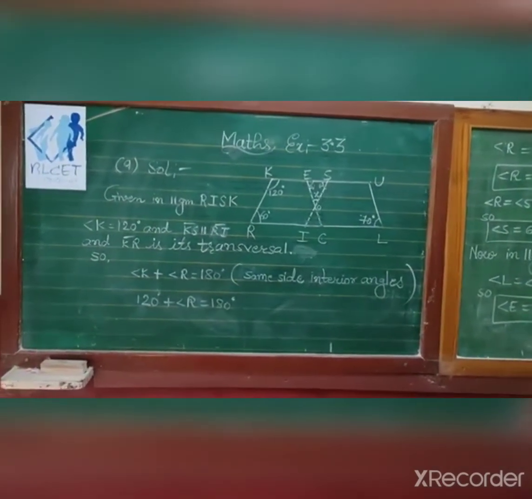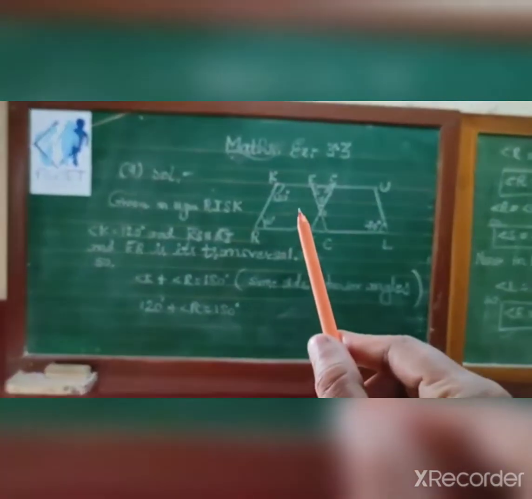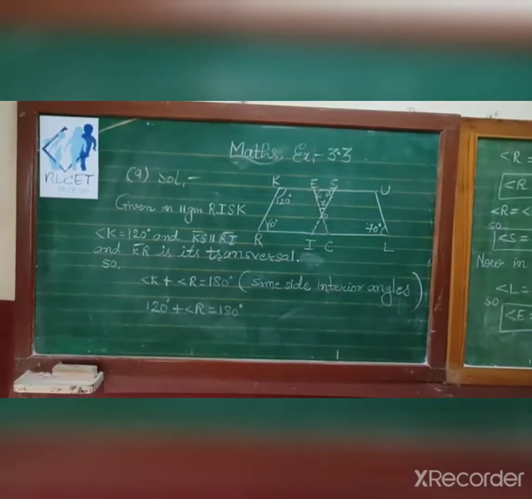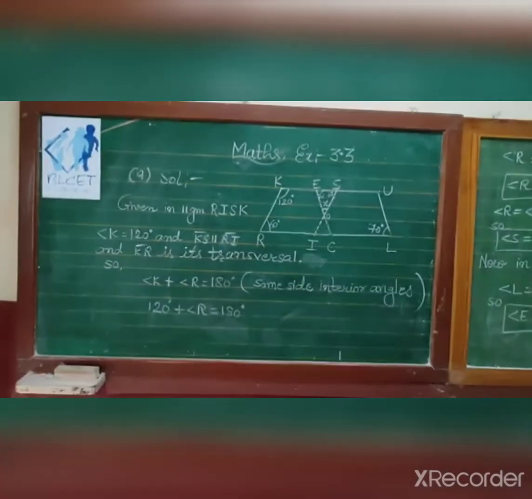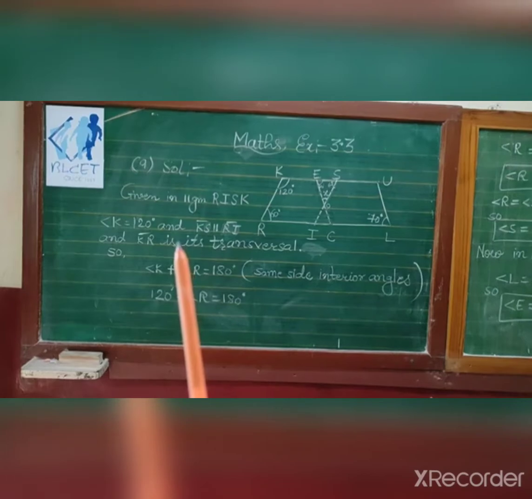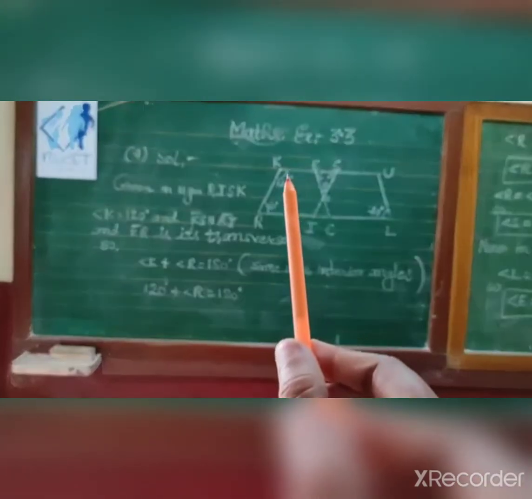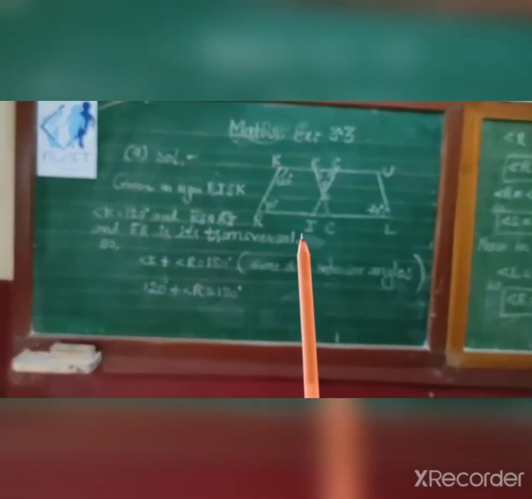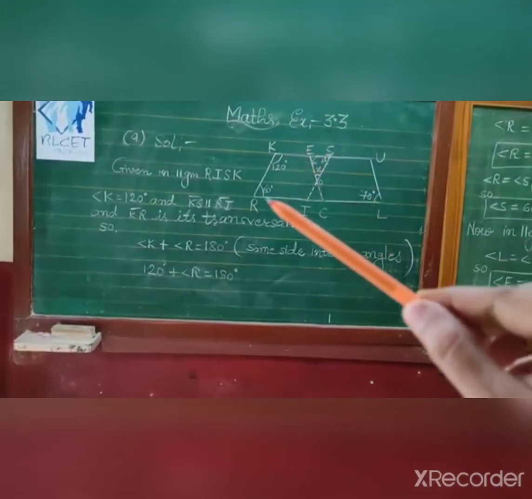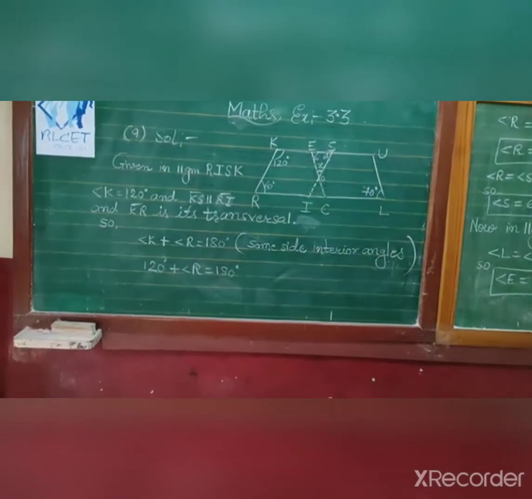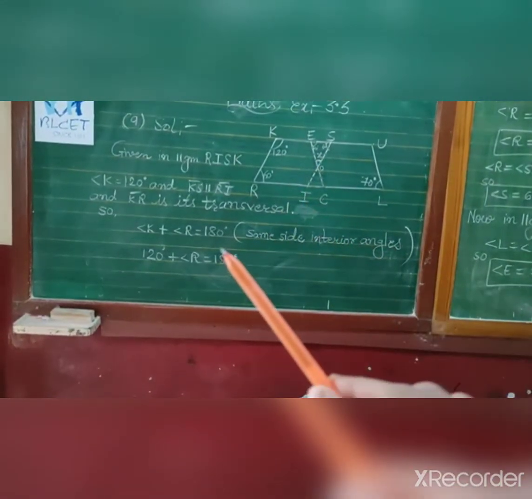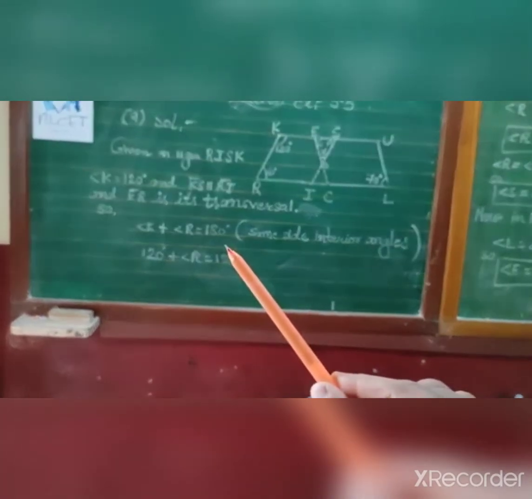Clear? Angle K is 120 degree. You can see angle K is equal to 120 degree and line KS is parallel to line RI, and KR is transversal. So angle K plus angle R, the sum of these two angles will be 180 degree